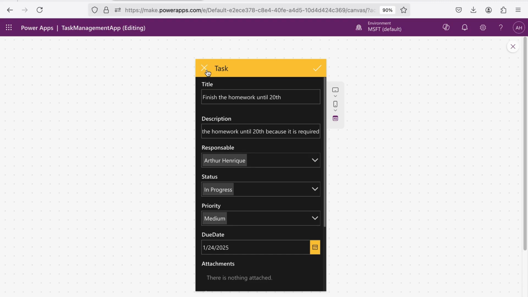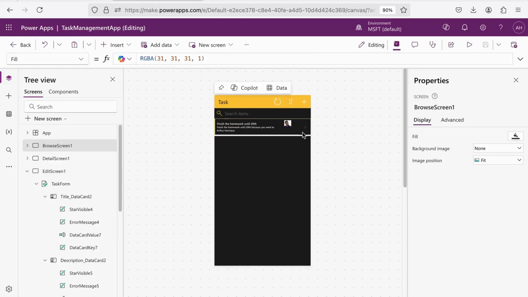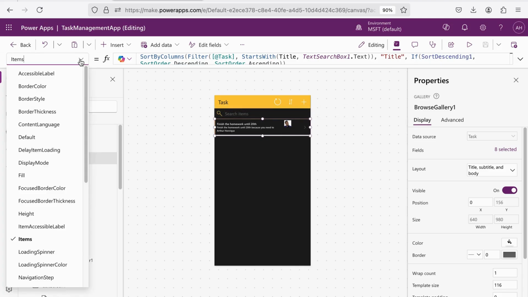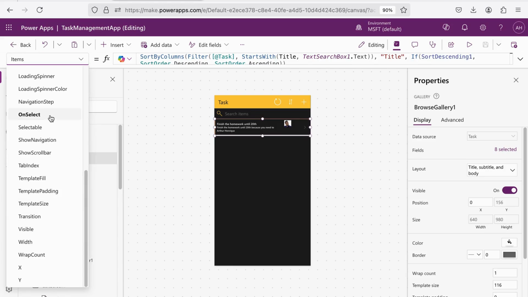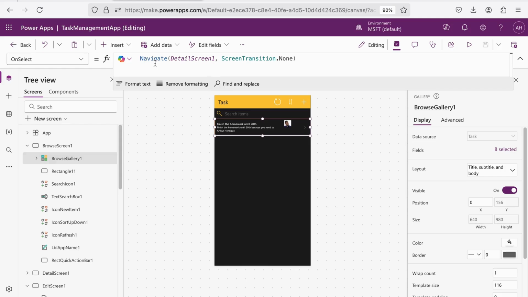So let's go back here to our first screen, and in the on select of this gallery, if we access it in the on select, we have the navigate, but we want to set the value to